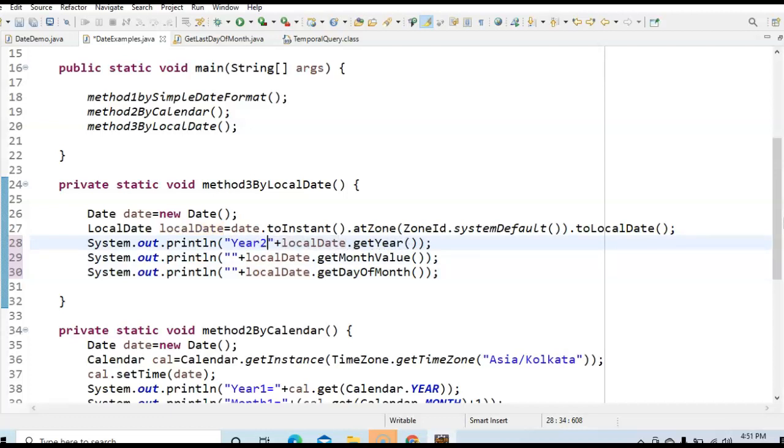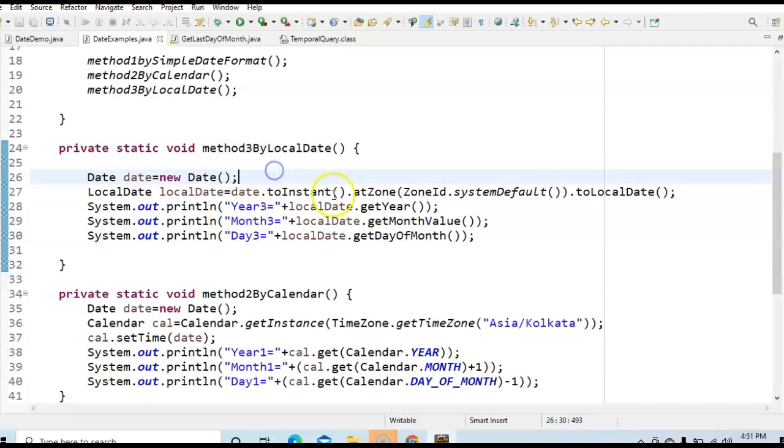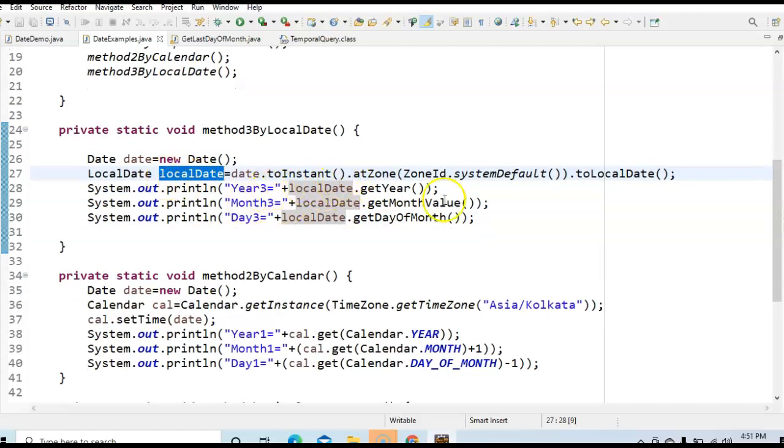So here I can say year 3 equals, this is the third method, right? And then month 3 equals, and finally day 3 equals. So how do we get the values? First we create a LocalDate instance, and from the LocalDate instance we have different methods, getYear, getMonthValue and getDayOfMonth, which will print year, month and day.